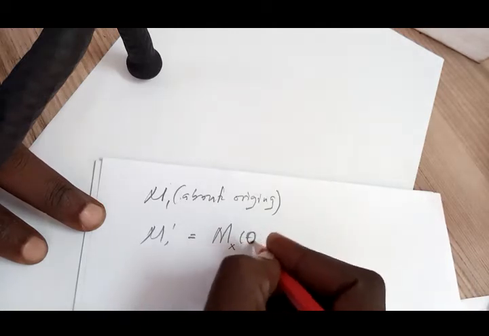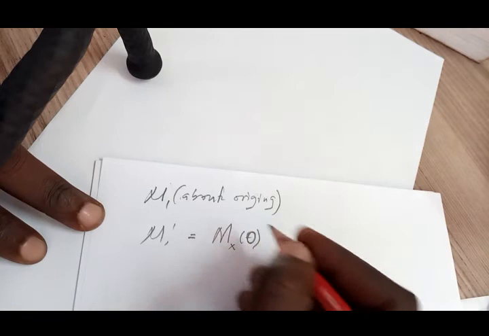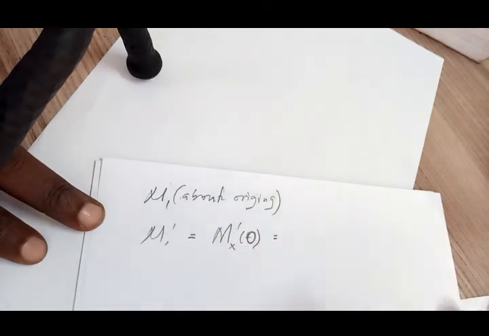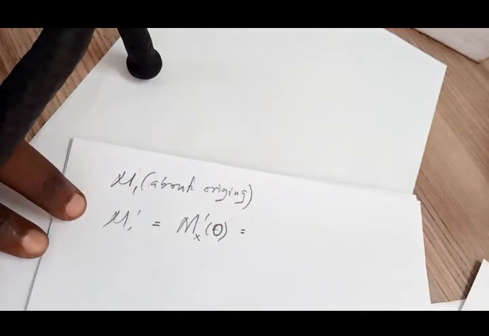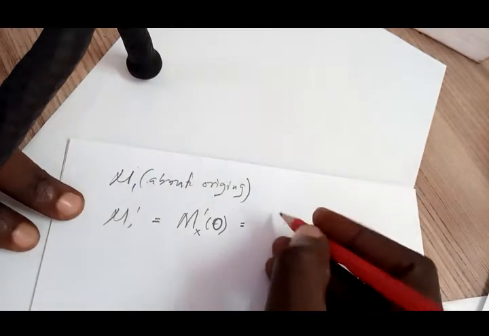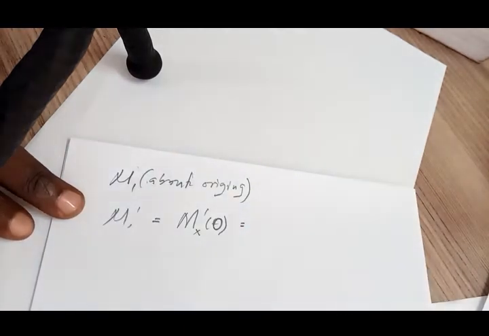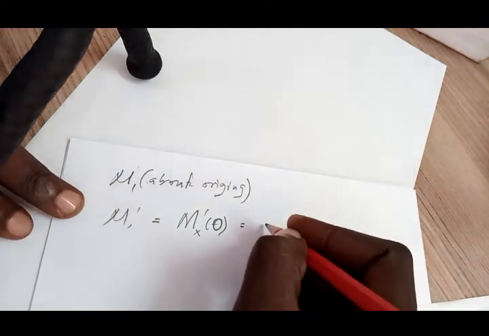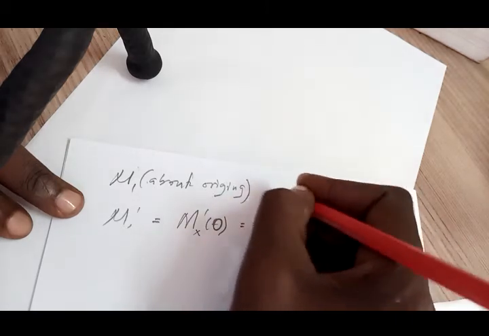Now this is going to be 0 because we are talking about the origin. So if you replace in the equation that we had, if you remember the equation that we just found for the first moment, I will just write here our